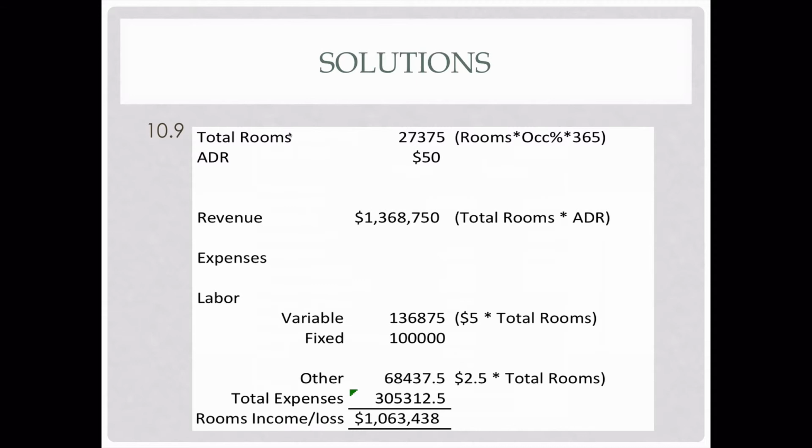Now for our variable expenses, we're actually going to use the rooms. So the $136,875 is $5 times the total rooms of 27,375. Our fixed labor is $100,000. And then our other expenses are $2.50 per room, so we multiply the 2.5 times the 27,375 rooms, and we get $68,437.50. When we add up our variable labor, our fixed labor, and our other expense, we get